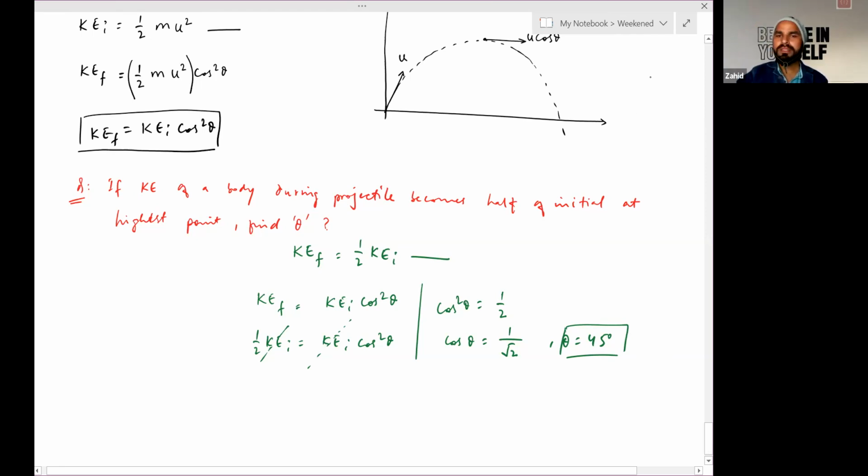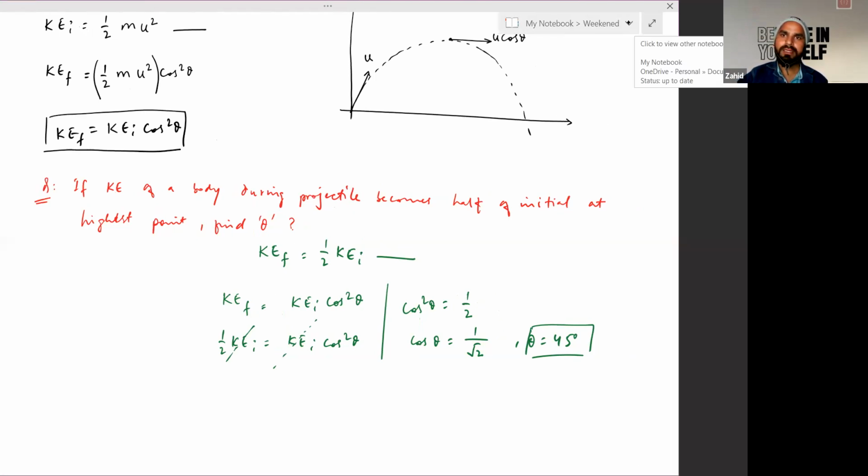Okay. So this is all about projectile motion, horizontal projectile and angular projectile. Next is